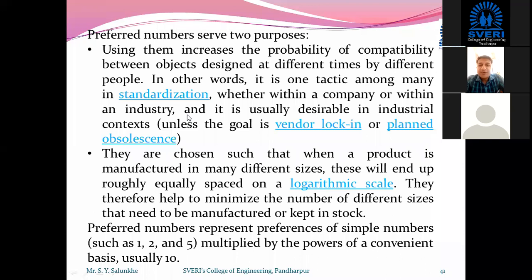Or suppose I want to purchase some components which are designed by people in France. If we purchase their design, the components which they have designed are compatible with the design which we have done here in India. That is possible because they are using some standard values for all the said things, that is length, diameter, power, speed, likewise. Okay, we have taken an example. Hope that all of you might have understood it.